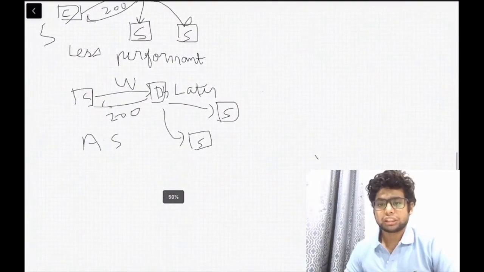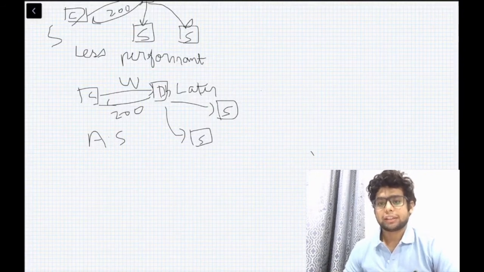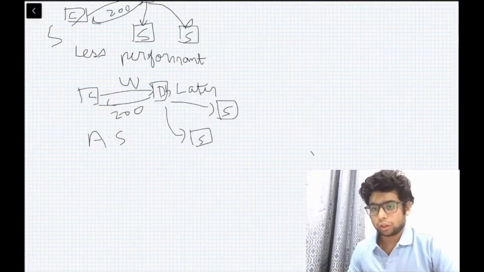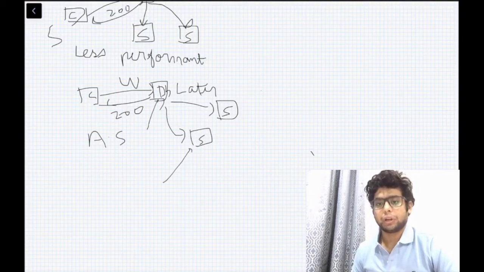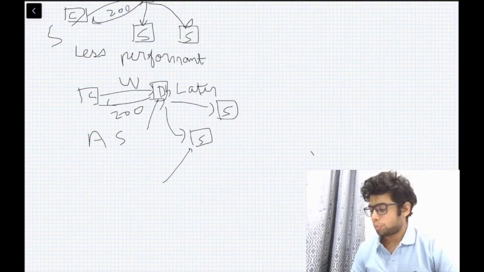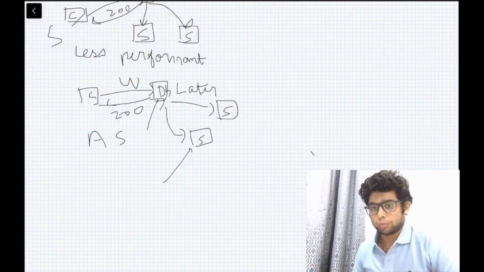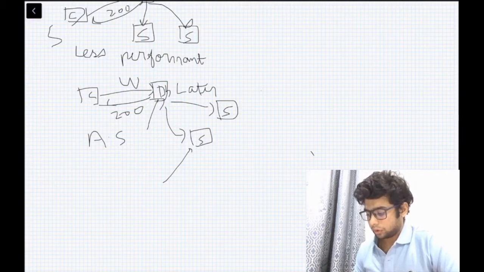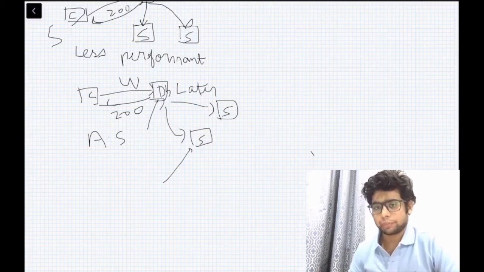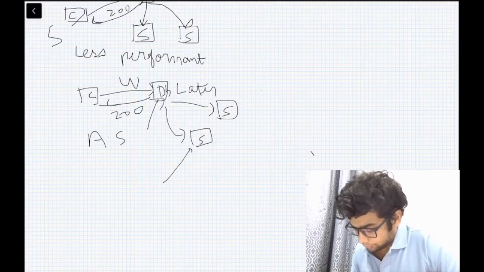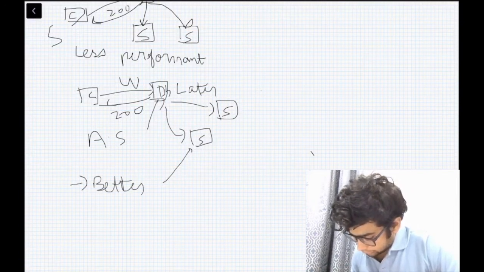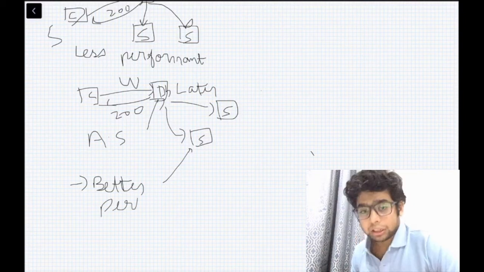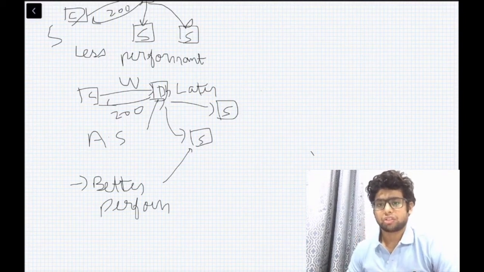Now, the problem with asynchronous is that you can get a consistency problem. Let's say you write something on DB1 and someone reads on this slave and it hasn't been updated. So you wouldn't get the correct copy of the data on the slave. Also you are giving the response fast, so this has better performance, but that performance comes at the cost of consistency.